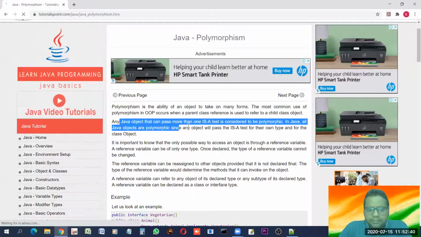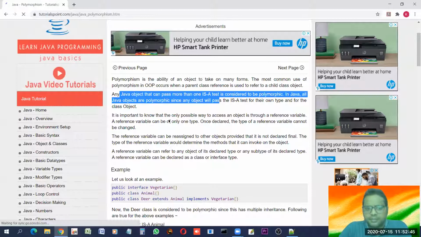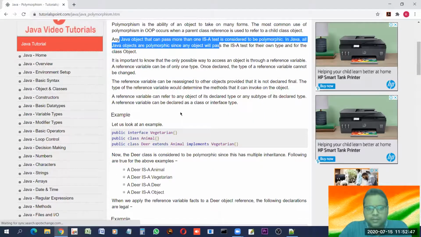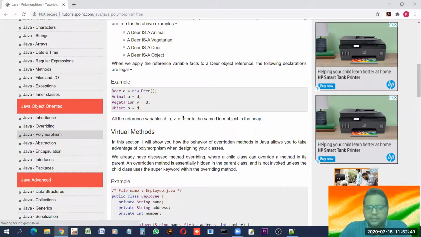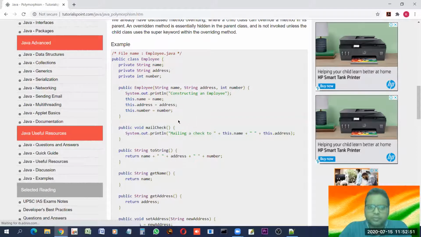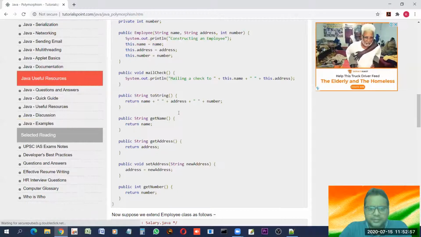Any Java object can be passed more than one. Look, now this is making the thing complicated, but the thing is the same. If you see some more, you'll find that only one function is overloaded with different tasks. Okay.